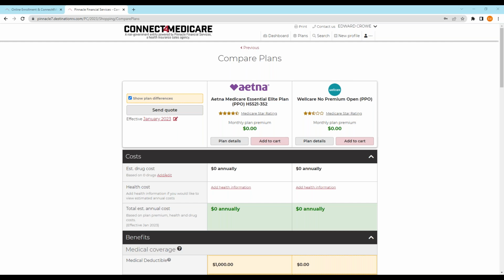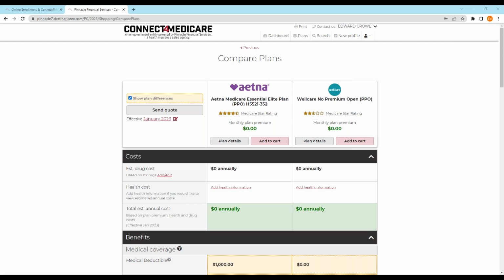Next question. What is the easiest way to quote someone who is on partial LIS or full LIS? Many clients don't know which level they are on. Is full LIS Husky and partial QMB? Well, that is the trick when you're talking to somebody. In the system here, as you saw, you can choose full dual, full LIS, maybe they're an ALMB or a QMB.